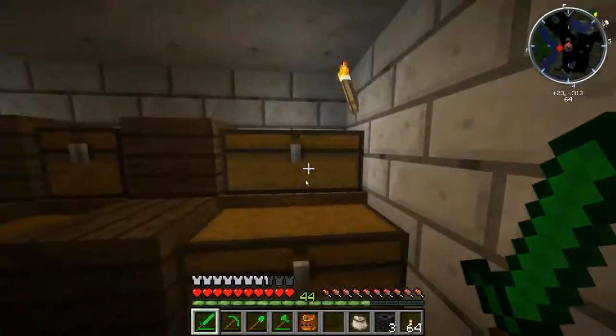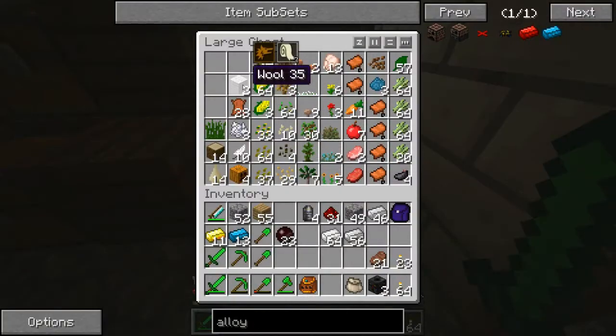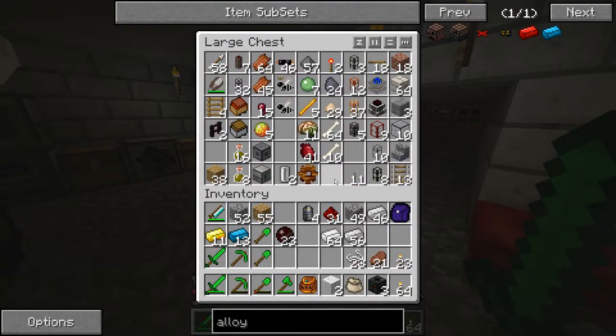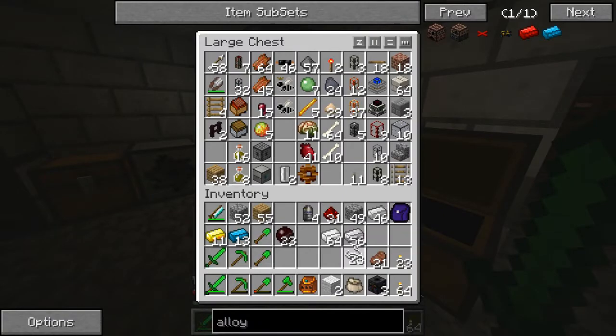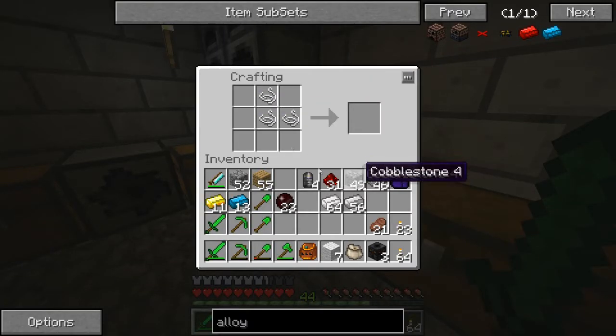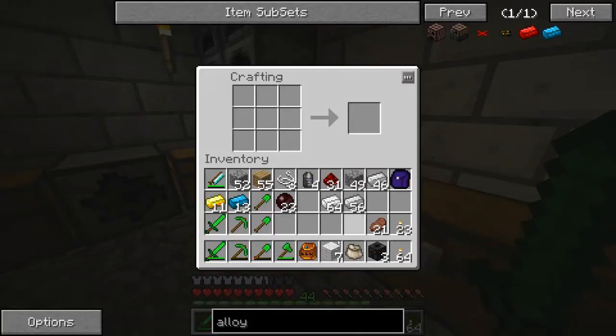Do I have any more wool? I think I did collect a bit. Got 2 there, and I think I have got some string. How much have I got here? If I can make more than 6, then that's great. I'll find out. Yeah, that's more than enough. So we'll just put you in there. This should get us the power we need to be able to...